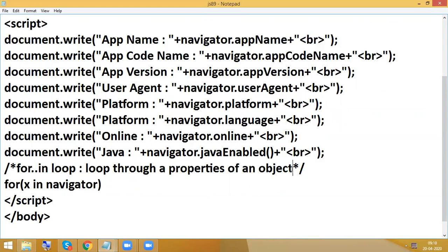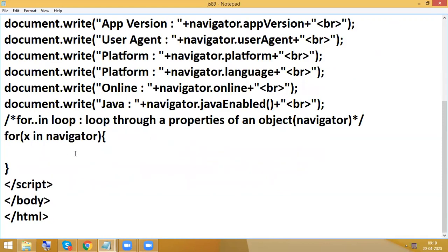Okay, so here navigator is an object. In that so many properties are there. Based on that, we are going to get some dynamic data. Of course, we are not familiar with whatever properties we are having, but some data we will get. So the navigator object's main purpose is that it includes complete browser information. So what is the use of the for in loop? To display the properties.